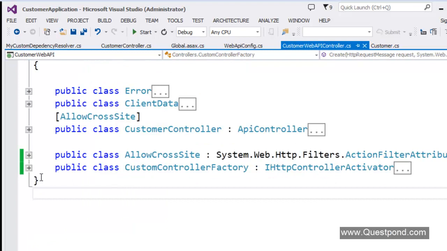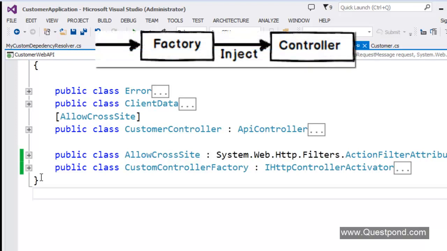If we try to analyze, what we really want is some kind of a factory class which will create the controller object, and this factory class will be hit in every request. As soon as the request comes in, it will be intercepted by this factory class, and depending on the situation, the factory will create the controller object.